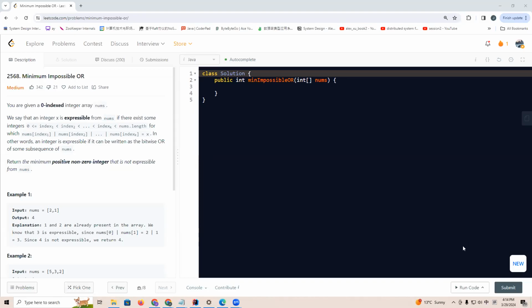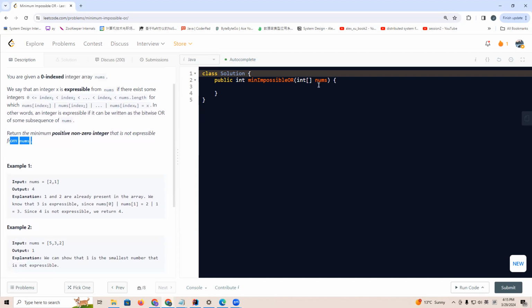Let's go through LeetCode 2568, Minimum Impossible OR. For this question, it gives us an integer array nums, and we can use the numbers in nums to OR together to get a new number. It asks for the minimal positive non-zero integer that is not expressible from these nums. That means